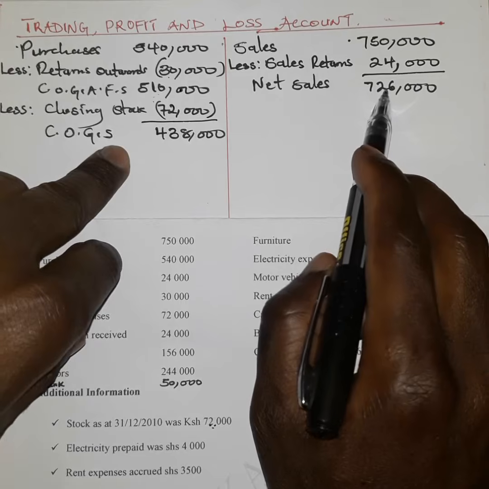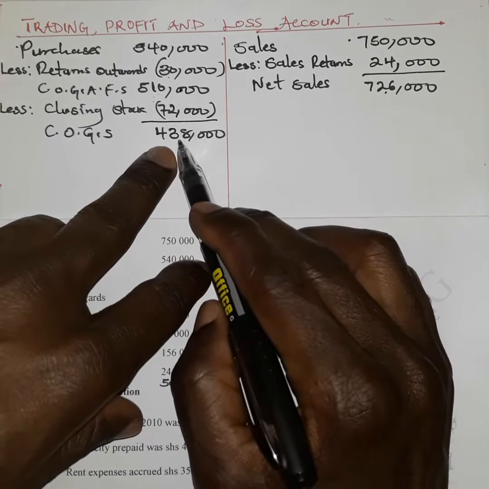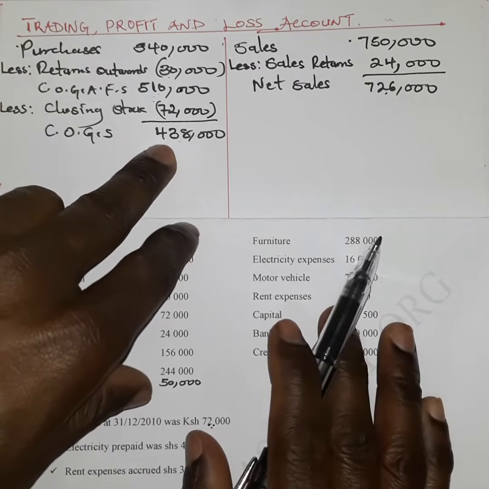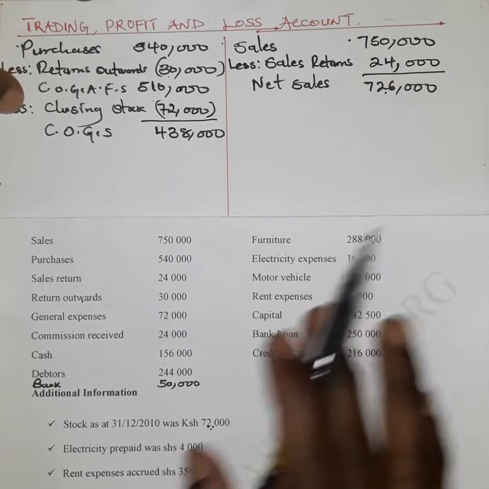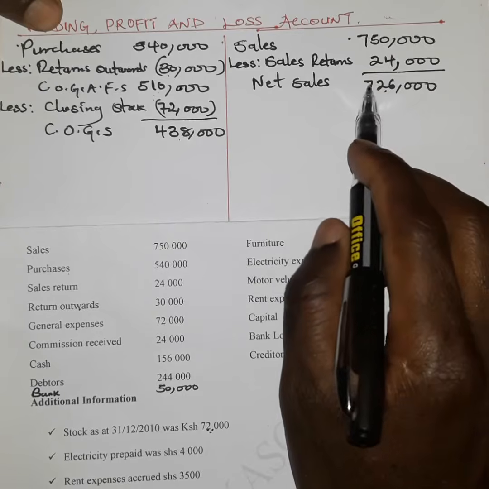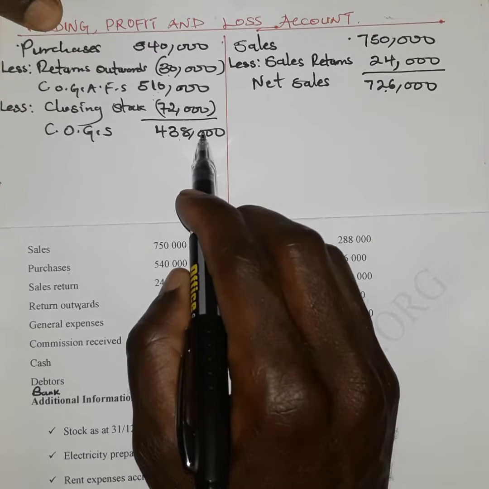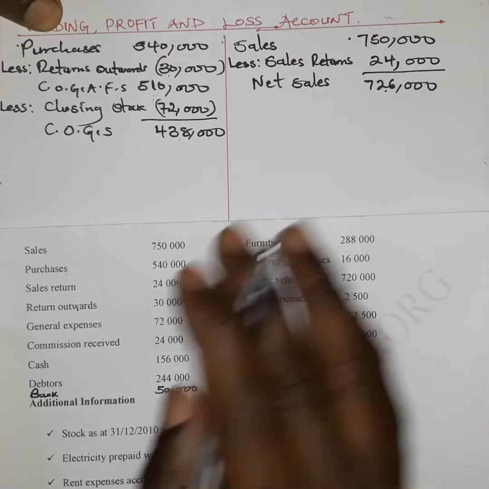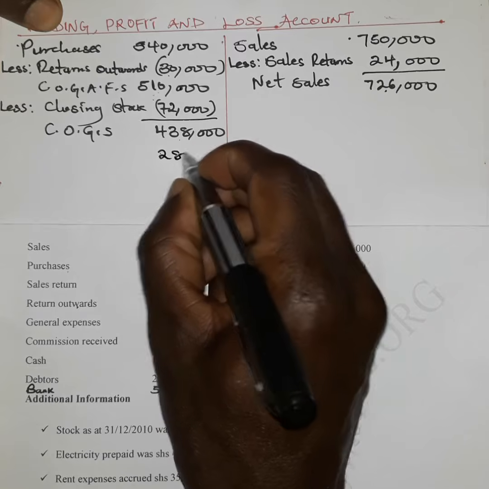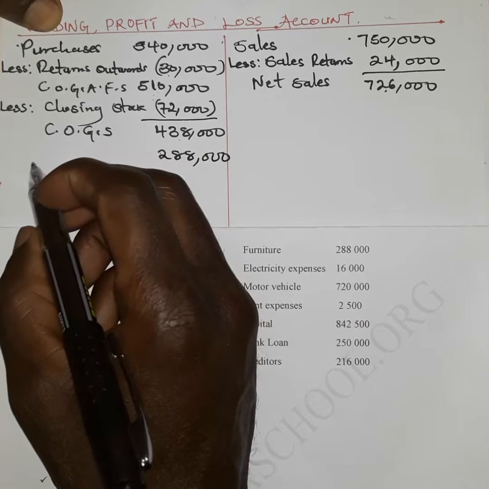So you're supposed to determine, you can see that the sales were higher than the expense which was incurred. It means there was a gross profit. So we are supposed to balance these particular entries by determining the difference. 726,000 minus 438,000 is supposed to have a value of 288,000. Now that value is supposed to be written on this side, which has the smaller total, 288,000, and we denote